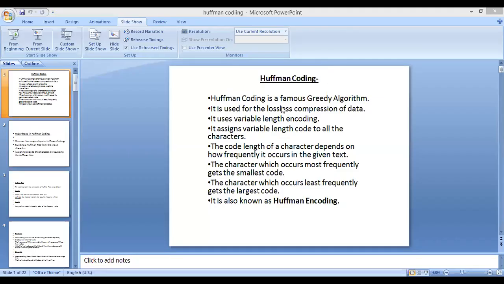Now is the screen visible? Actually, my slideshow is not working. So, is it okay? Does it look like this to you? Okay, if there's no problem, let's go.